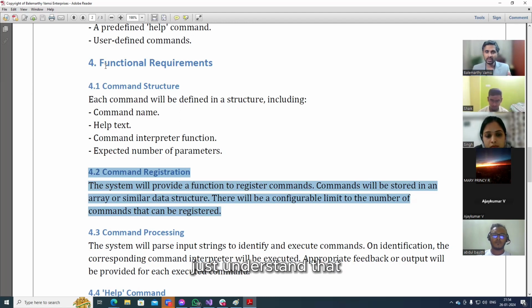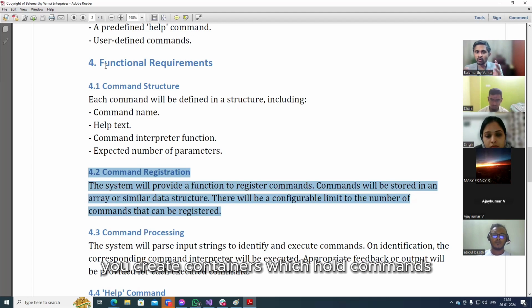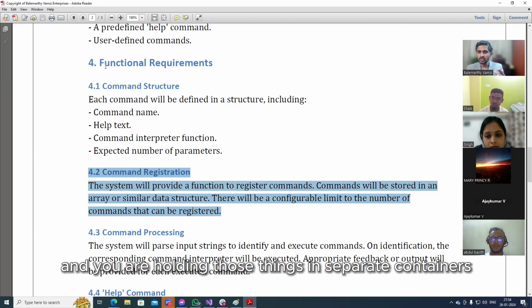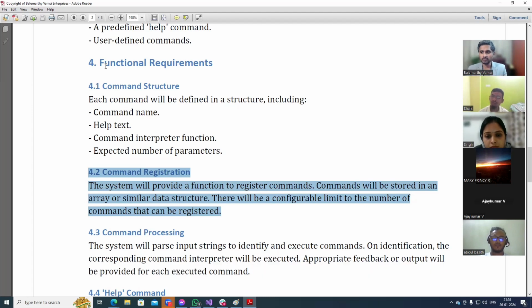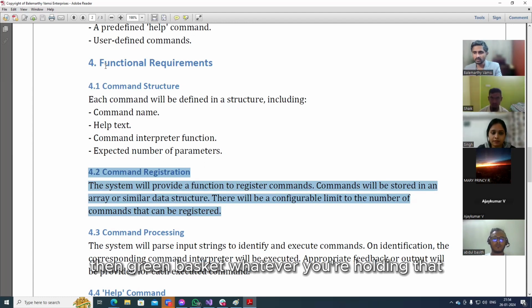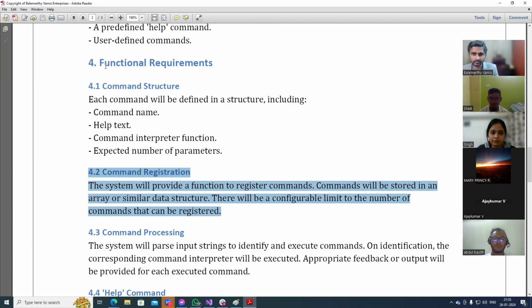Just understand that you create containers which hold commands. Just think like that. You have things coming to you, and you are holding those things in separate containers. You are being given apples, so you put them in an apple cover or a red basket, then a green basket, whatever. You are holding that.